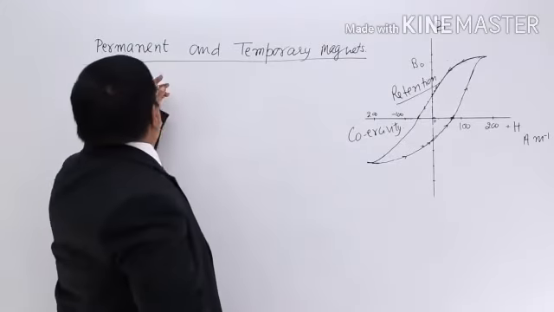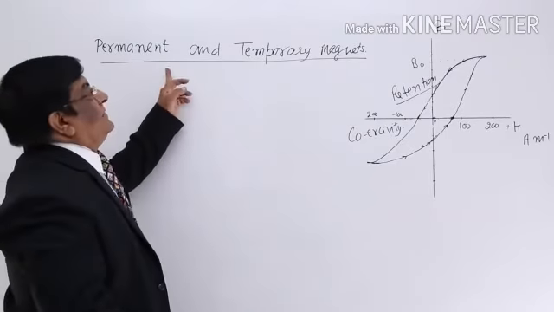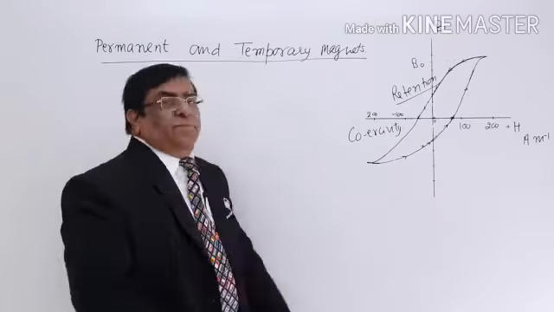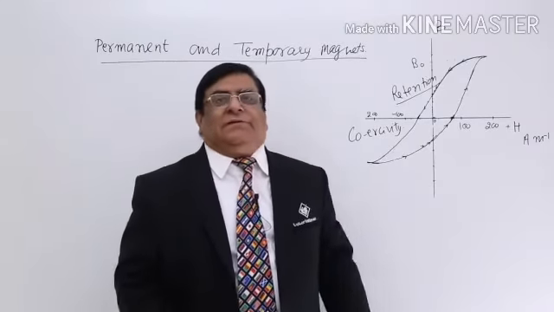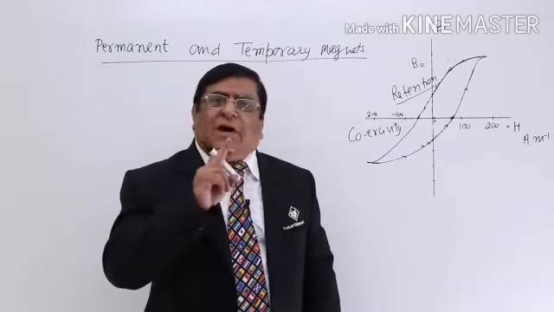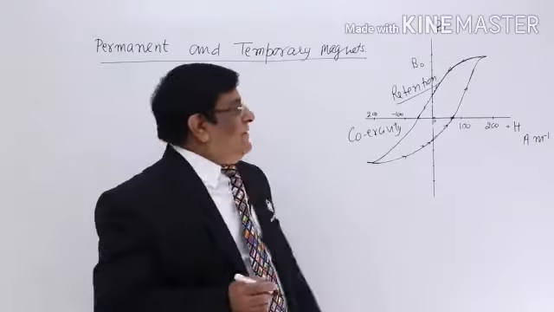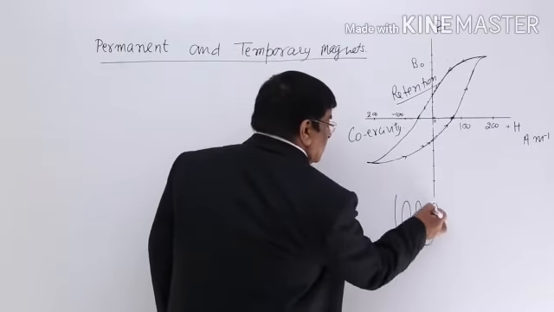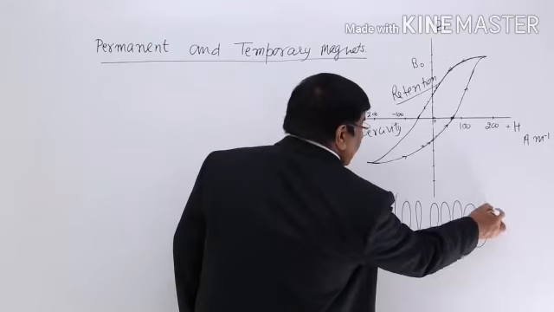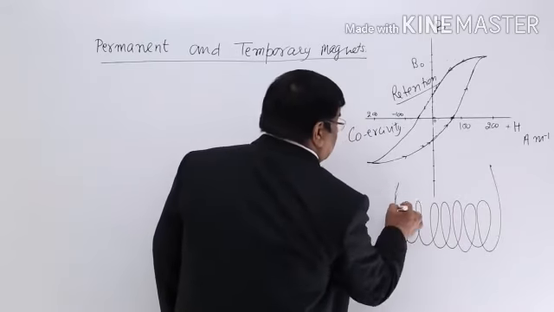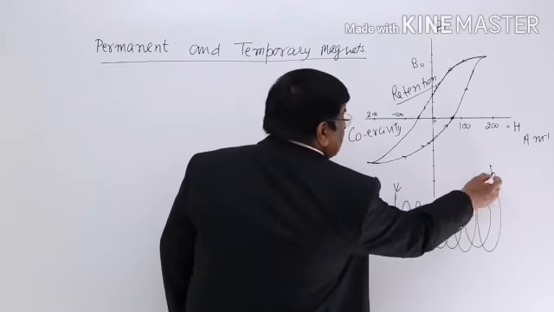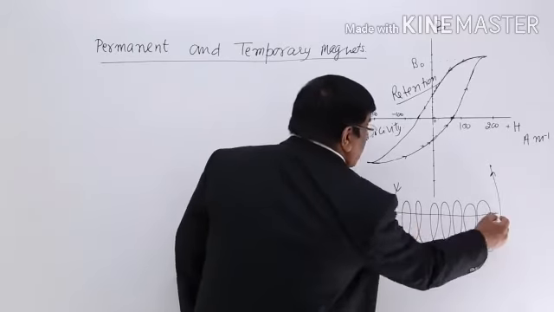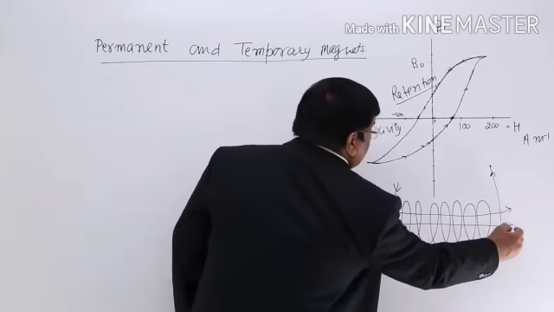Today we will study what is a permanent and what is a temporary magnet. First, how do we make a magnet? One example of making a magnet is that we make a solenoid. In this we can pass current, and when the current is flowing through it, there is a strong magnetizing field developed here,